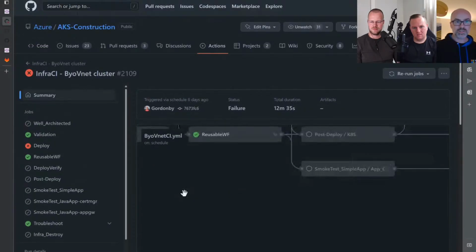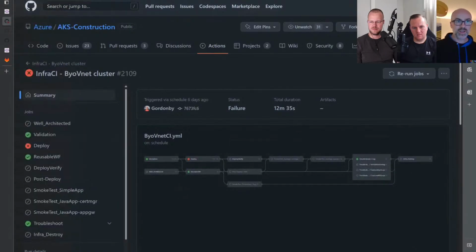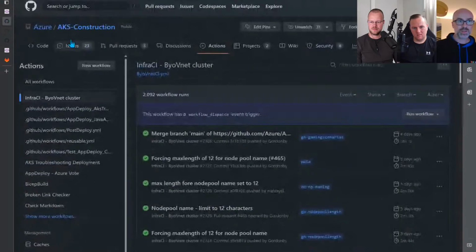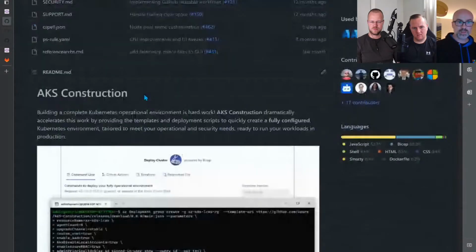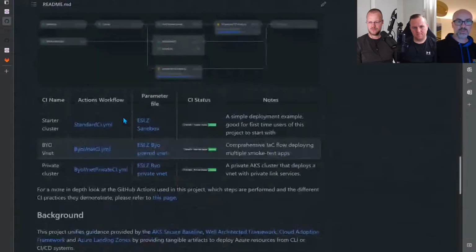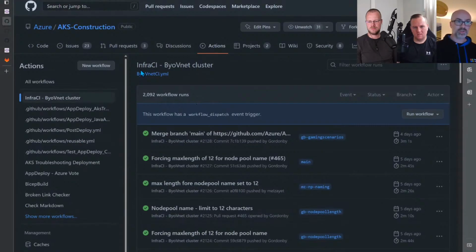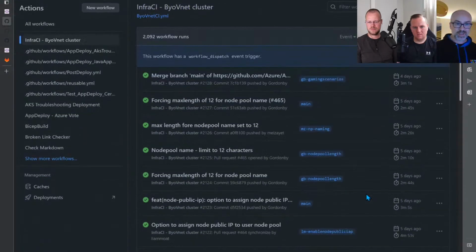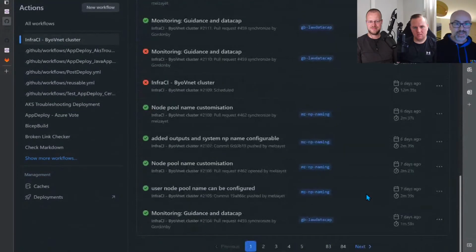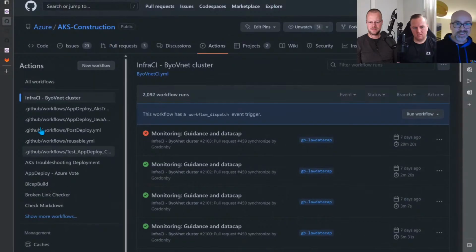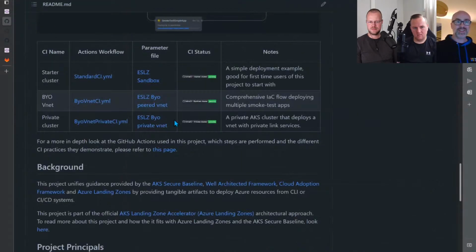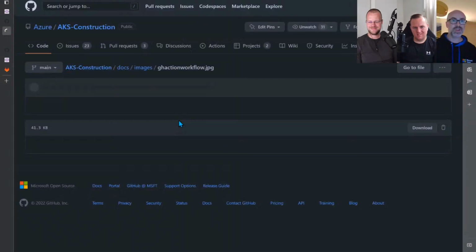Trying to zoom in here is an absolute nightmare. I'm going to go back to the main part of the repo where I've got a nice picture. We run three of the key scenarios through weekly checks as well. As well as checking that everything gets to main and is tested, every single week we're hydrating a full environment from three different configs. I'm abandoning, I'm just going to show you this picture here. So we've got this nice, pretty picture.